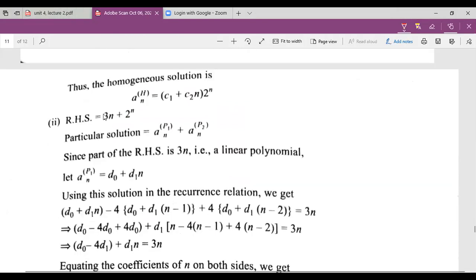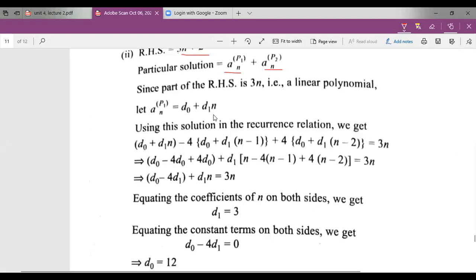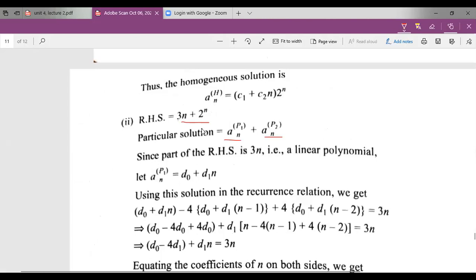So the RHS term is 3n + 2^n. So this is a polynomial and this is of r^n form. So here we have two cases of particular solution, a_n^(p1) and a_n^(p2). The solution for a_n^(p1) is d0 + d1 n, and the solution for a_n^(p2) is of r^n form. So first we find the solution for a_n^(p1), that is d0 + d1 n, because